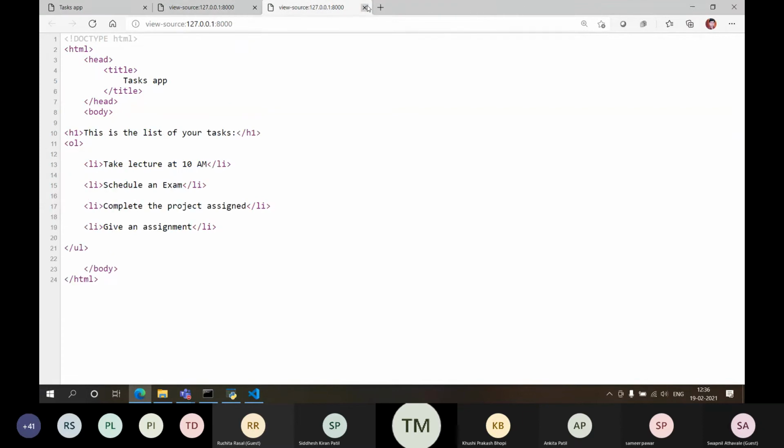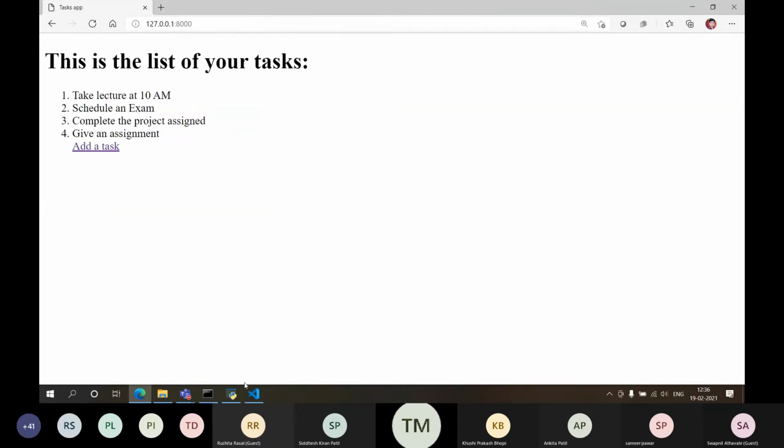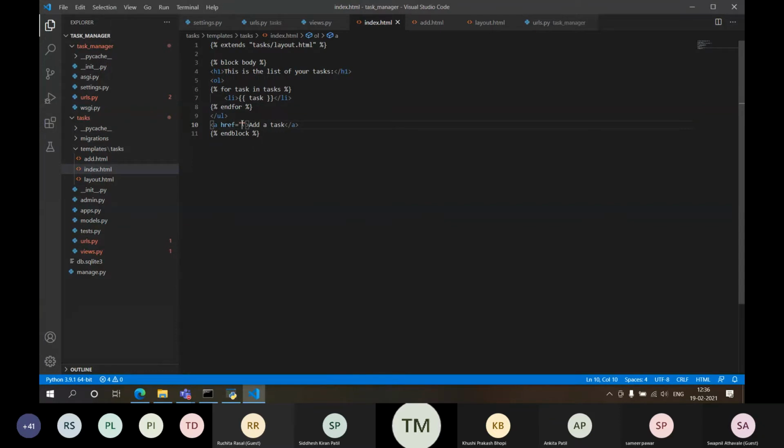How to write a URL for this? To do that, go over here. In curly bracket with percent, you will write url. After writing url, put the name in single inverted commas, because it is already surrounded by double inverted commas. If inside two double inverted commas I again put double inverted commas, it will show you an error. So inside the two there should be one.